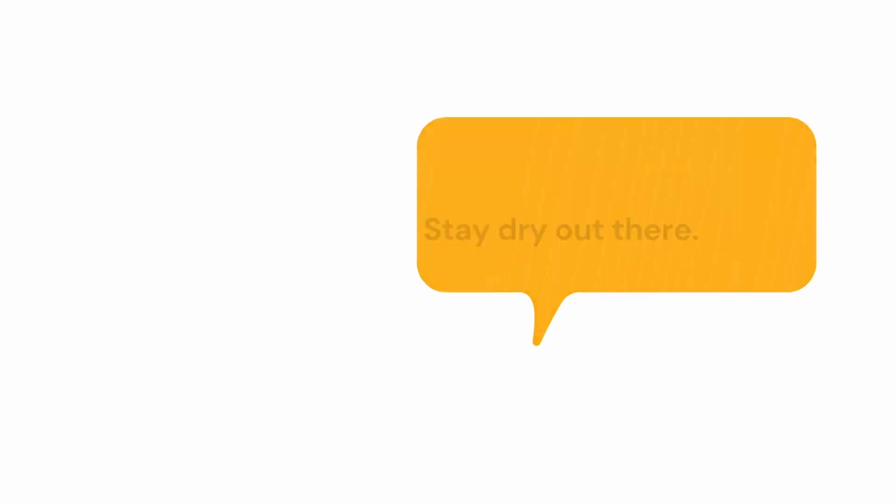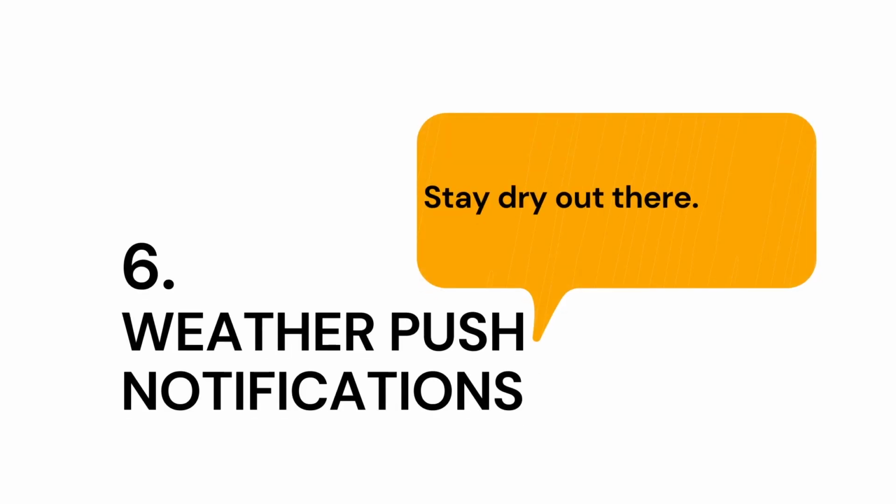But now you can receive push notifications from the weather app if it's going to rain or snow. Basically, if inclement weather is coming, you're going to be alerted. Instead of having to find that yourself, you're going to receive an alert. And you actually don't do that in your settings. You do that in the weather app. So I'm going to open up the weather app and show you what I'm looking at.